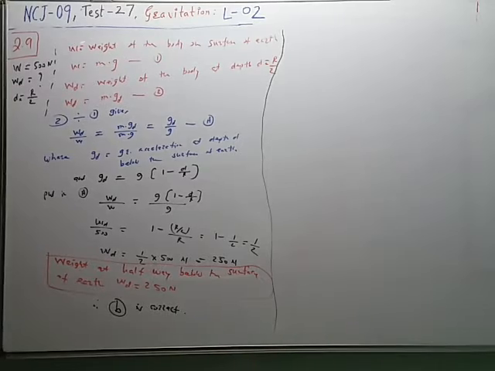So W stands for weight. Weight is given by gravitational force acting by the earth on the body, and it is equal to m into g when the body is on the surface of the earth. But when the body is halfway below the surface of the earth, then it is at depth d is equal to R by 2. So where to find the weight? Weight will be definitely less than mg, less than 500 Newton. So where to find this value?